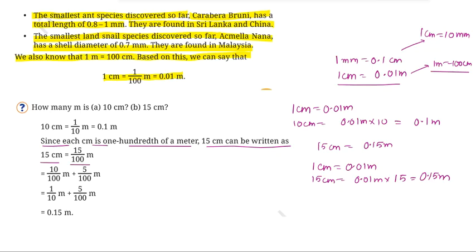और यहाँ पे कैसे है, 15 सेंटीमीटर्स को हम 15 over 100 meters लिख सकते हैं. आप इसको सेपरेट भी कर सकते हो, 10 over 100 meters plus 5 over 100 meters. So 1 over 10 meters and 5 over 100 meters, this would become 0.1 meters and this would become 0.05 meters. When you add them both, you are still going to get the same answer, which is 0.15 meters. So by whatever method you do, you are going to get the same results again.